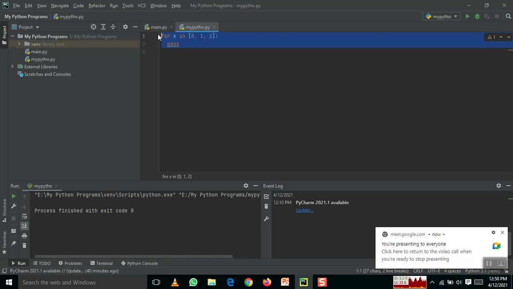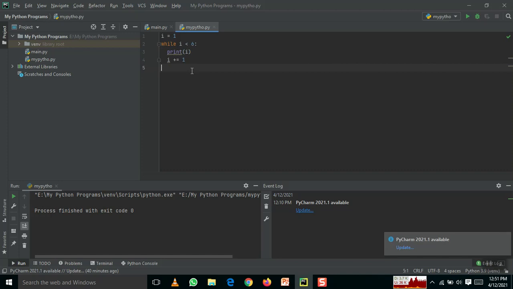So in case of your while loop, see here, a simple while loop. I have to say what the starting value is. i is equal to 1, while i less than 6 colon. Don't forget to give the colon. In case of for, if, else if, you will be having a colon.